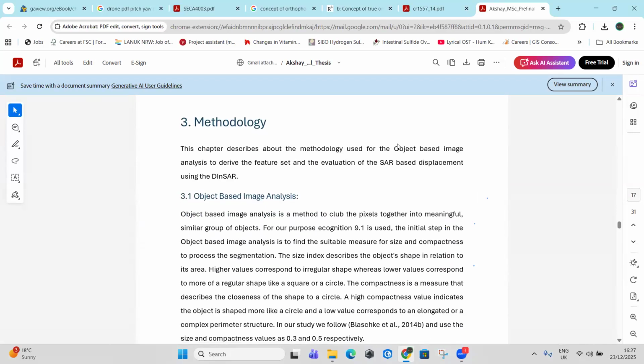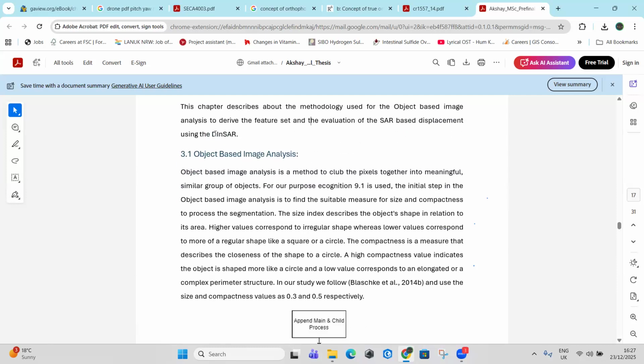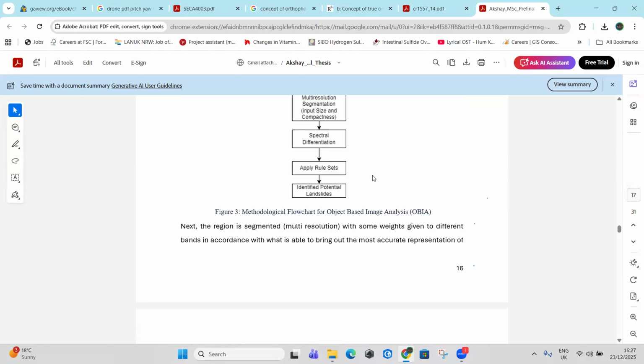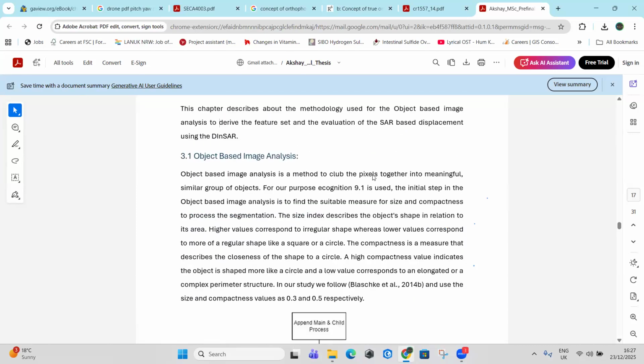my methodology was to use object-based image analysis to derive features, and then evaluate based on the SAR-based displacement using differential interferometry synthetic aperture radar. You just need to understand the OBIA part in this. OBIA was done in eCognition. So what I basically did was